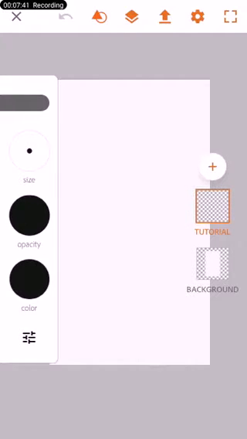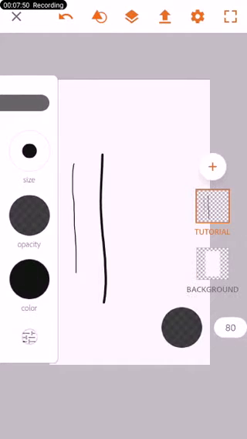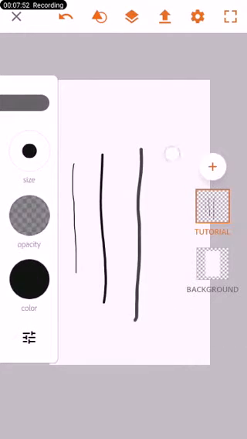Now in using these brushes, I'm going to increase the size. Then I'm going to make this one the opacity low. This is what you get. Remember the gestures I told you about. You can